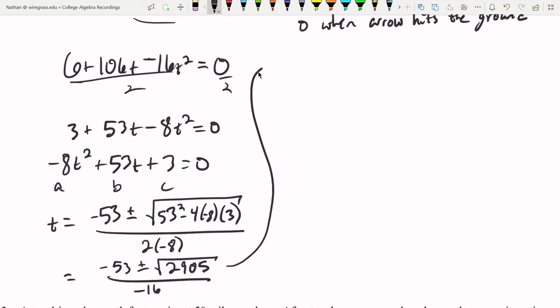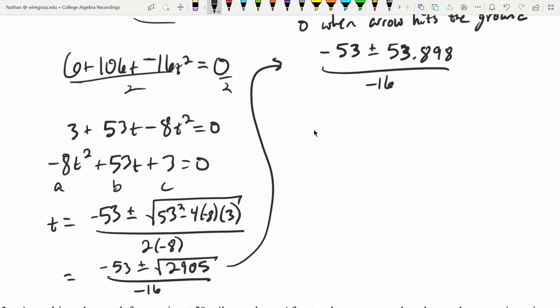All right, going back, we're going to get negative 53 plus or minus approximately 53.898 over negative 16. And when you're looking at this, there's no reason to use the positive version because we're